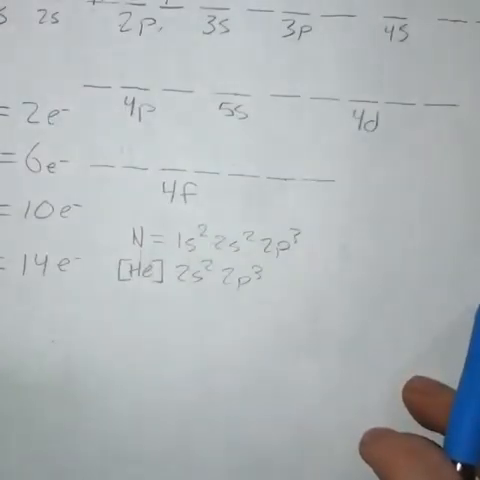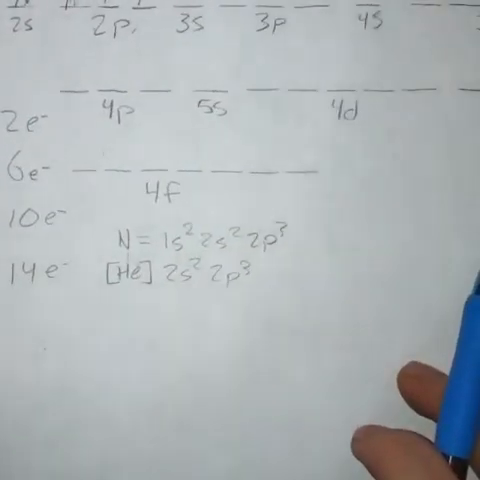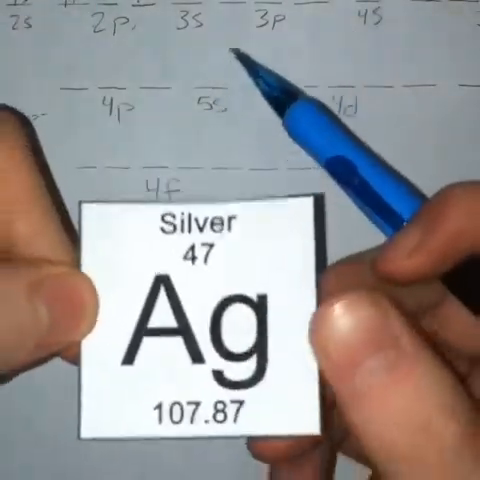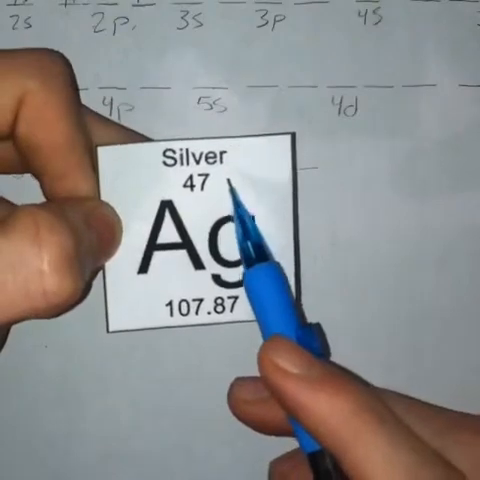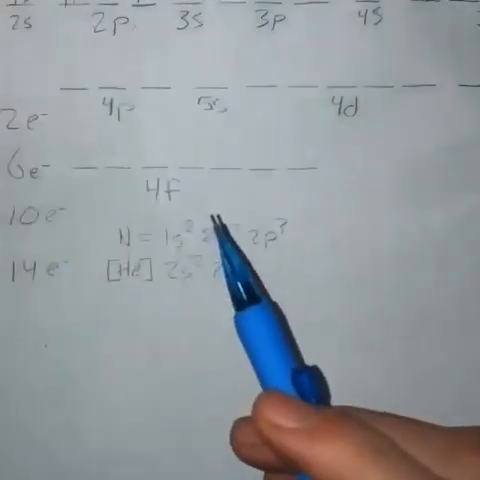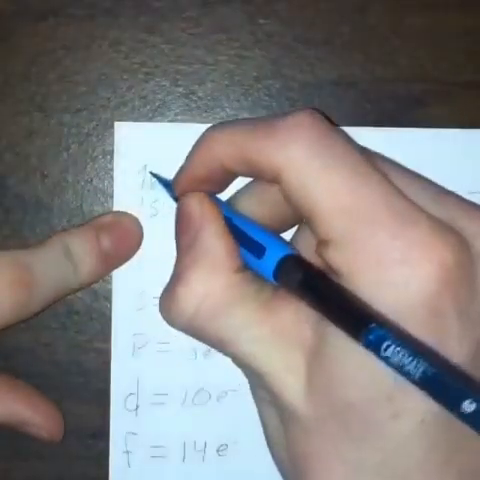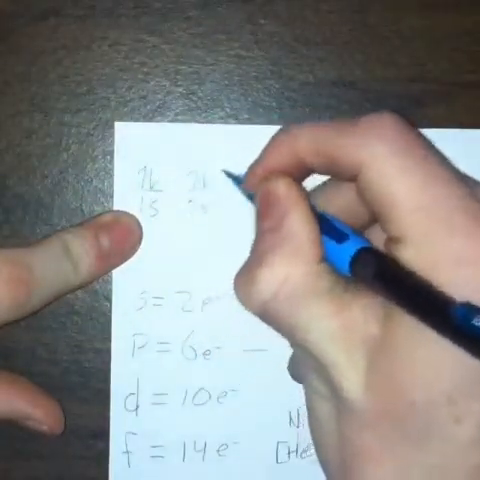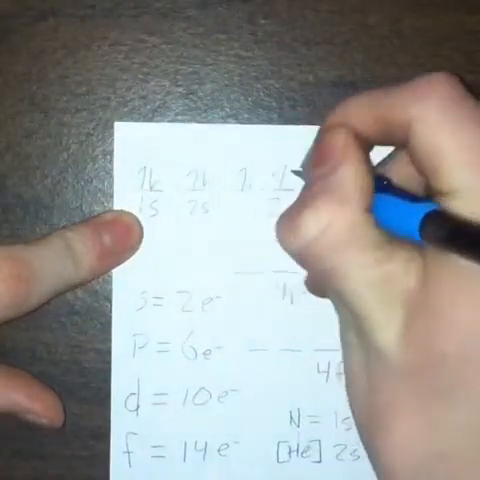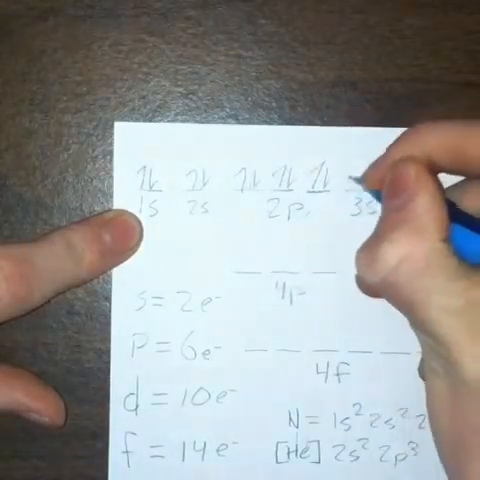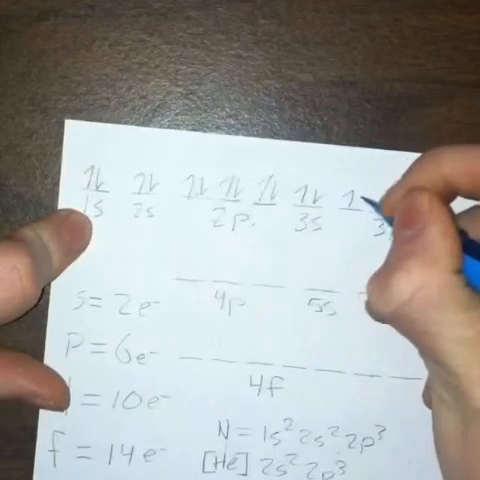Another element that we will do is silver. I've got a flashcard. So silver has 47 electrons. To write it out, we will pretend these aren't written there. So we got 1 electron, 2 electrons, 3, 4, 5, 6, 7, 8, 9, 10, 11, 12, 13, 14,